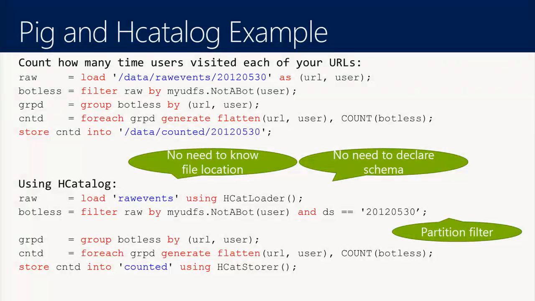So a custom function here is not a bot. Basically, I think what it's doing is it's looking at the event data, the log data, and figuring out which rows are represented by an automatic bot and which ones aren't. And using HCatalog below, you can access the metadata repository and not have to know which file you're looking at, or define the schema of the file every time you run a query. You just hit the metadata repository, and then it gives you back the schema and lets you load the data and store the data.